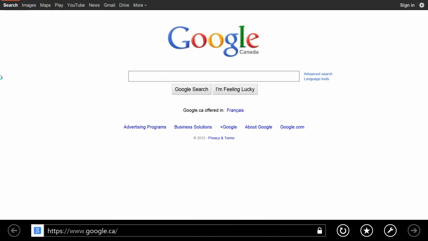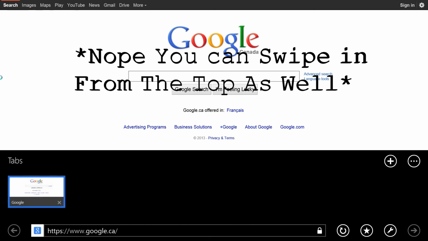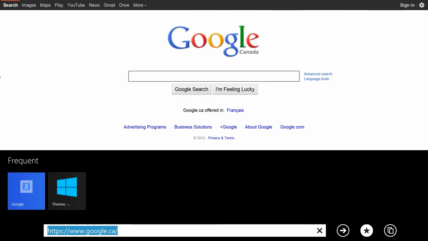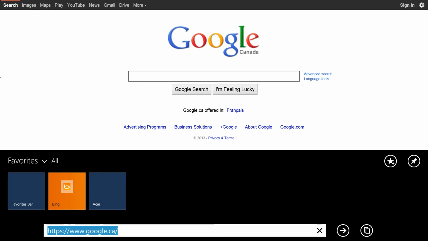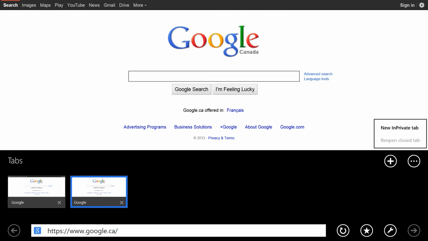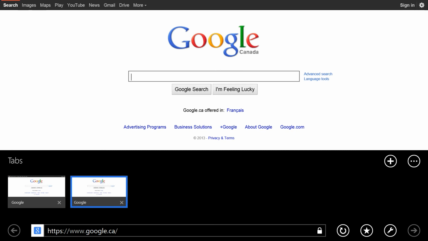Now, previously, if you swipe in from the top, it will show the tabs on the top, but you have to swipe in from the bottom now and create new tabs that way. We'll go to the frequent. If you go to your favorites, it will show your favorites there. You can go like that and it'll reopen closed tab. So let's close this tab and it will say reopen closed tab, and it will reopen it